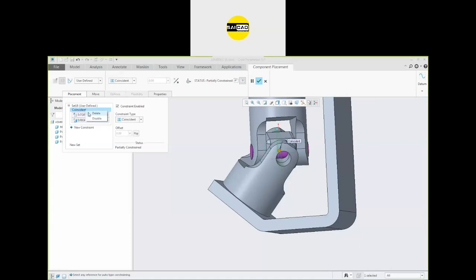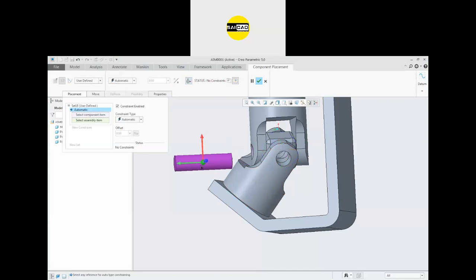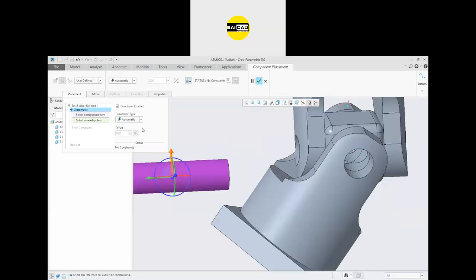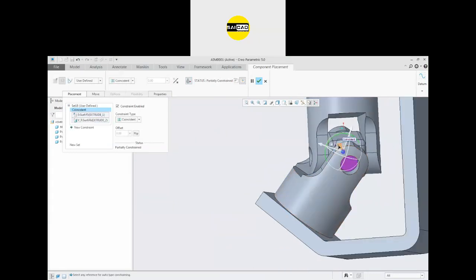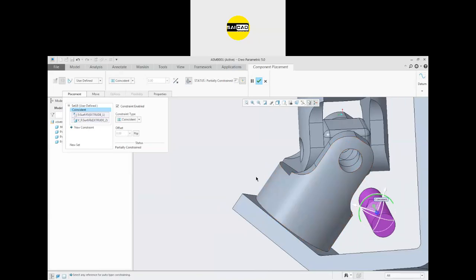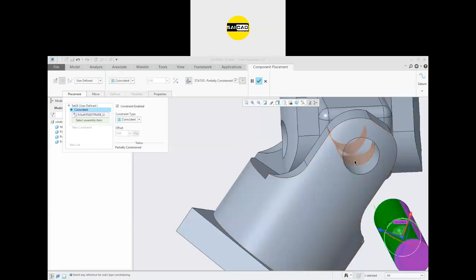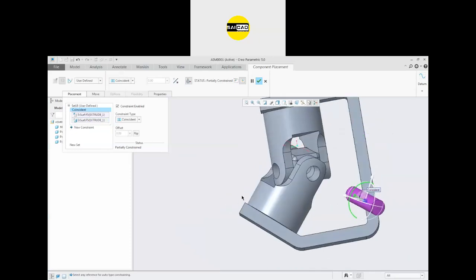Like that, I'm going to delete all the references from here, and you can see the object is movable right now. Drag it. You can define the references, like I'm going to select this one, and you can select any two references, like we have selected this one right now. If you want to change the reference from this space to this space, you can just click. You can see two surfaces are here. So I know my part name is Y, so I'm going to just remove that relation. I'm going to use the other reference like that.